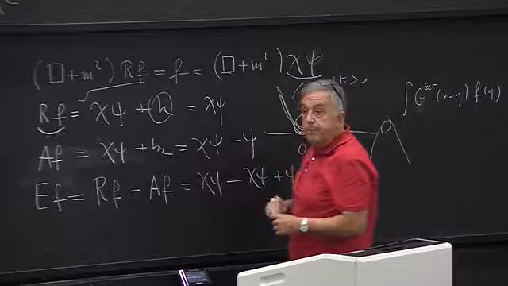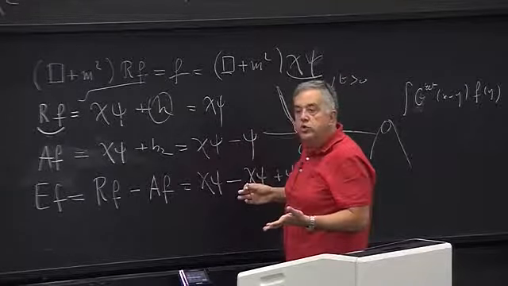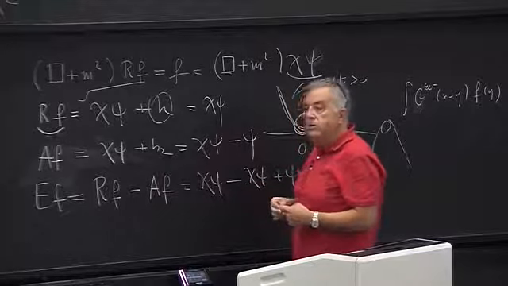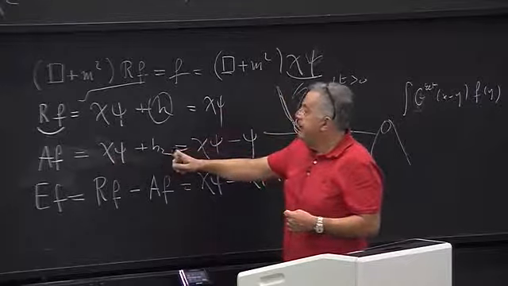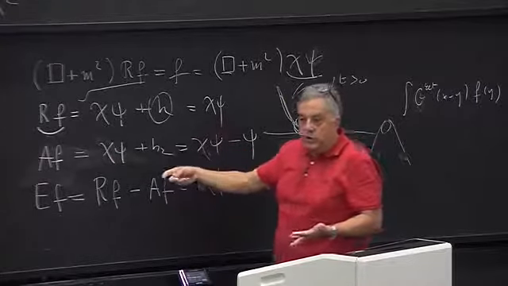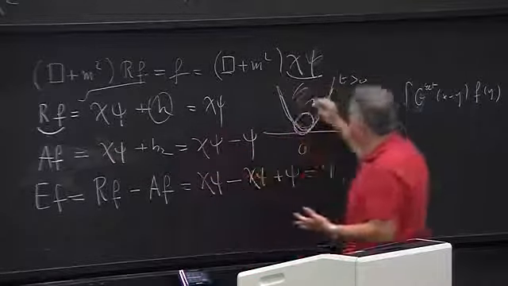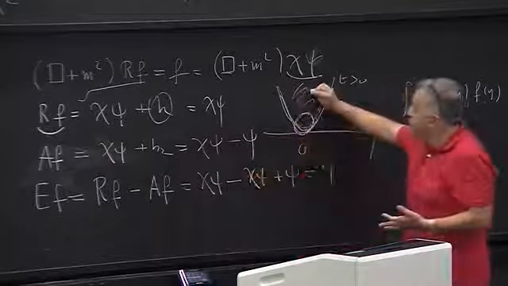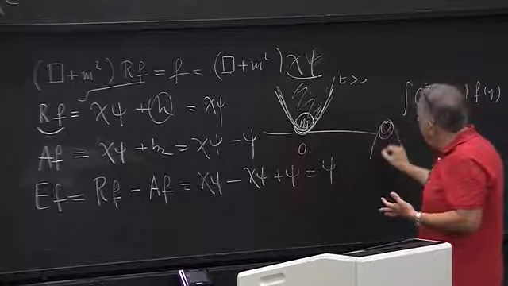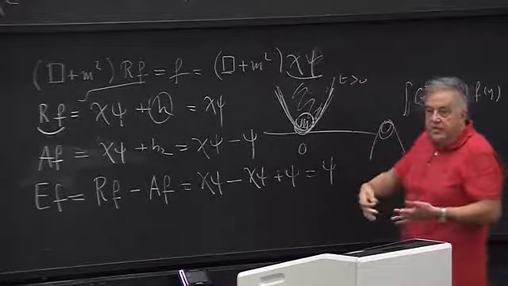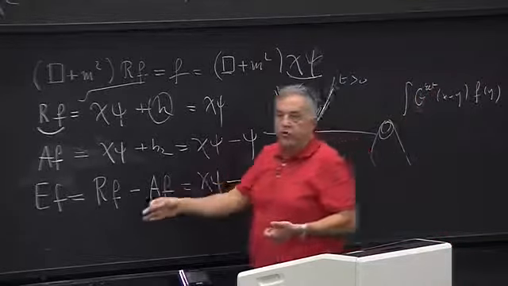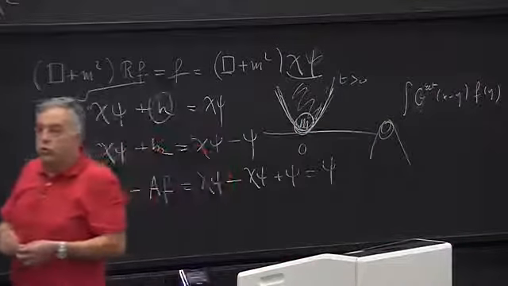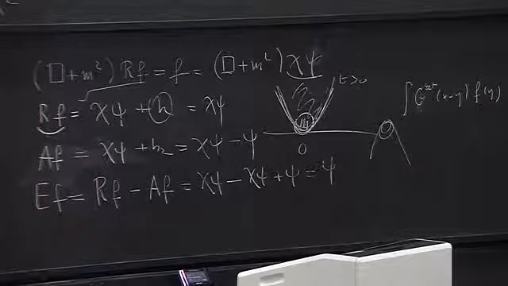But psi by itself is a solution of the homogeneous equation. This is a solution of the non-homogeneous one, I of f. But I can always add a solution of the homogeneous, and I add one which produces a solution which has support in the future of the initial support in the retarded case, and in the past, of course, for the advanced. There is still a second part in this theorem which I'm going to show now. What is the kernel of this map?